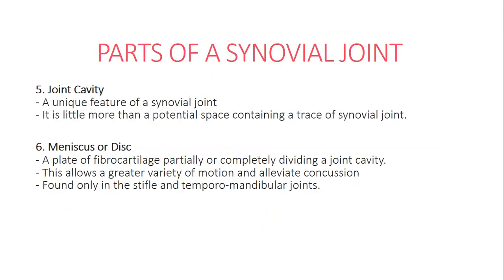Then we have the joint cavity, which is a unique feature of a synovial joint. It is little more than a potential space containing a trace of synovial fluid. And lastly, we have the meniscus or disc, a plate of fibrocartilage partially or completely dividing a joint cavity. This allows a great variety of motion and alleviates concussion, and they are only found in the stifle and the temporomandibular joints. So when you say stifle joint, it's the knee, and when you say temporomandibular joint,